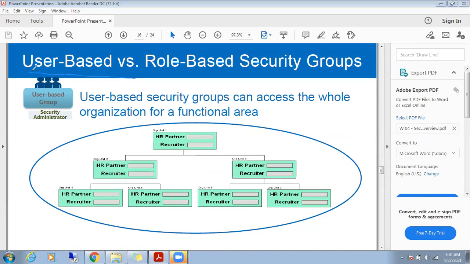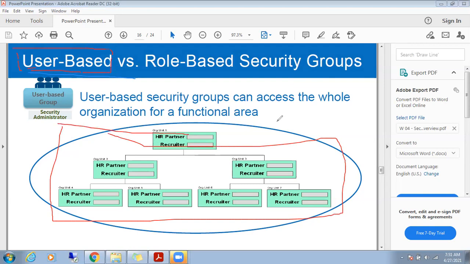Let's consider this as one IT department. So the IT admin will act like a super user. Yes or no? So this user-based group will be on top of all of this.